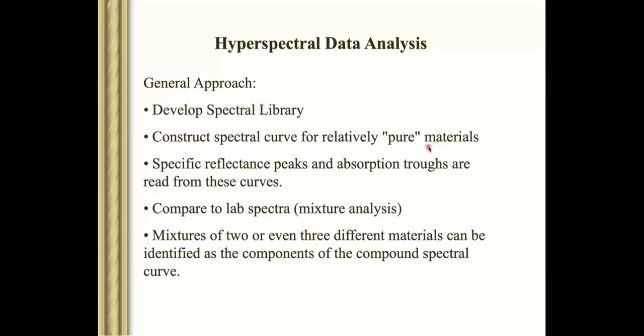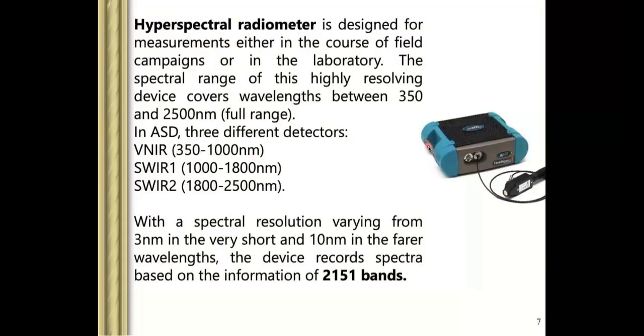And that is from the lab, right? Okay, so here is the hyperspectral radiometer. It is a full range hyperspectral radiometer, and it provides data from 350 to 2500 nanometers. If you see the differences in wavelength interval, it provides data every 3 nanometers in the visible and near infrared, and every 10 nanometers at further wavelengths. So what is it?